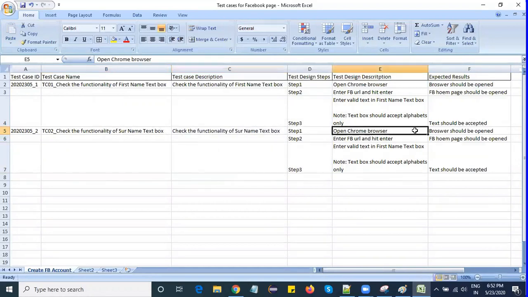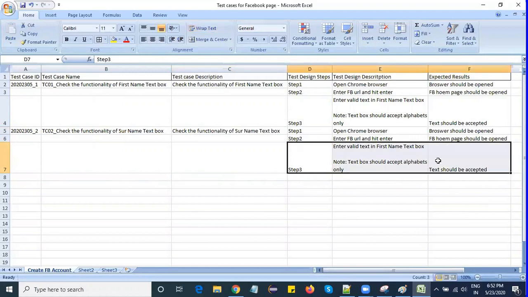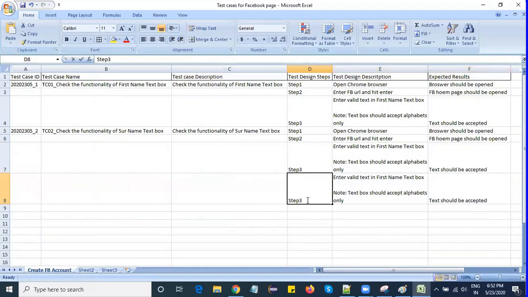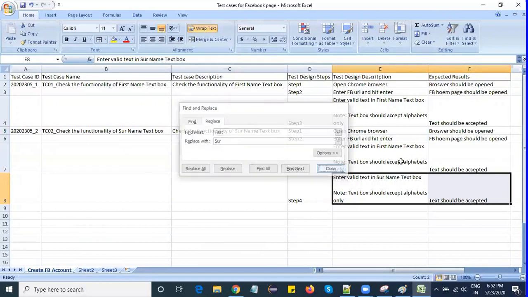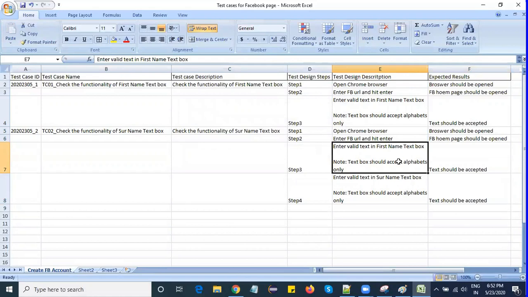Okay. Same only. After step 3, I will have step 4 to validate the surname. So you may ask, sir, we have already checked the first name here, then why are you writing the first name here?